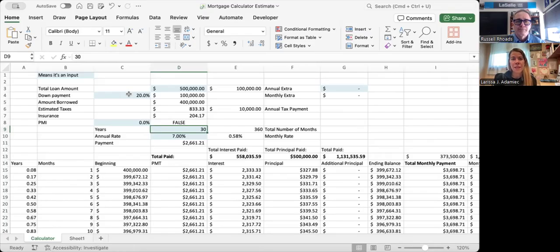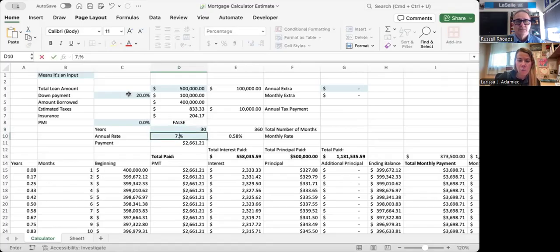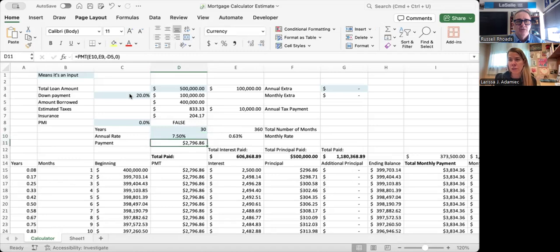Right. So now we get to the fun stuff. So we're going to put in our years. Do you want to say 7.5, or are you good with the 7%? I was good with 7. Okay, we'll stick with 7%. Pretty reasonable. Now, again, we're borrowing 400,000. We are not borrowing 500,000 because we've put $100,000 down. It's a $400,000 loan. Our payment, and this time I did use the payment function,